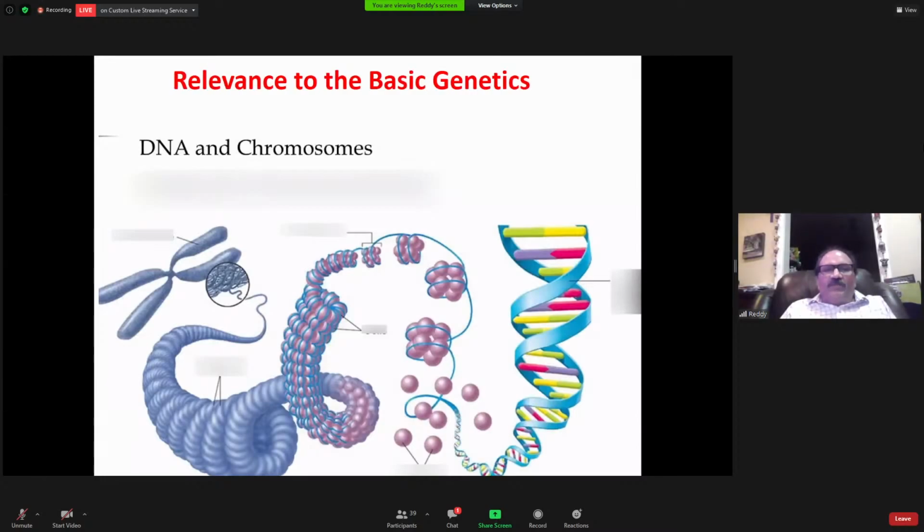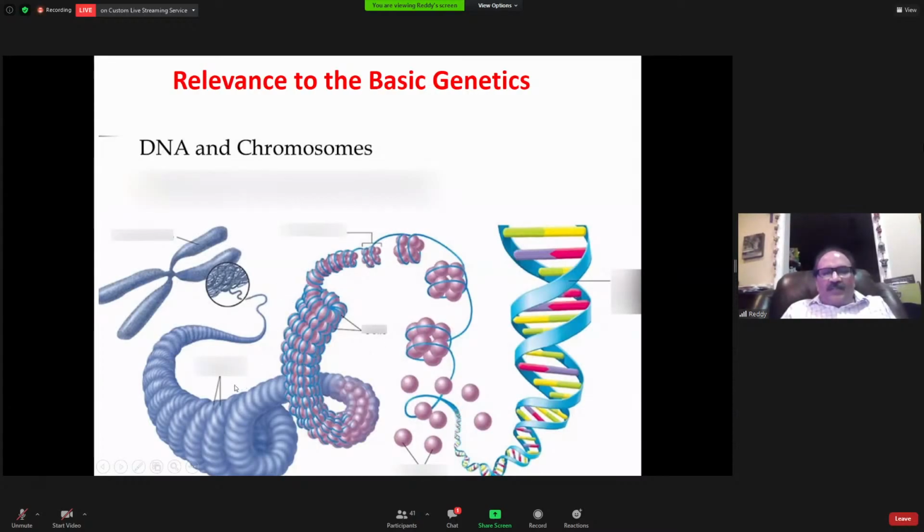So I would like to give a brief introduction to basic genetics. This is DNA, just 2 nanometers wide, a molecule that is wrapped around these beads. These beads are called nucleosomes, made out of histone proteins. So this DNA is wrapped around these beads in this fashion. And then these are coiled coils, finally coalescing into the total chromosome, which is about 1500 nanometers. So from 2 nanometers to 1500 nanometers.